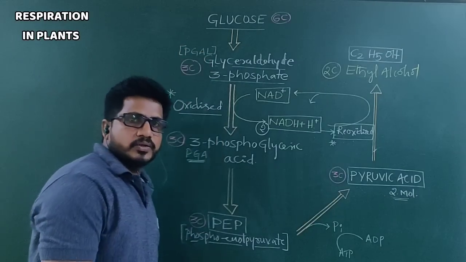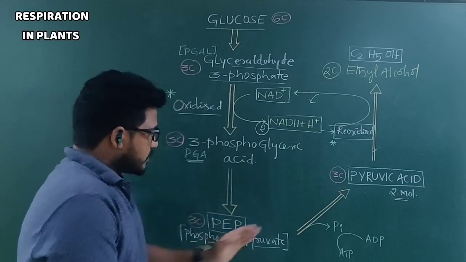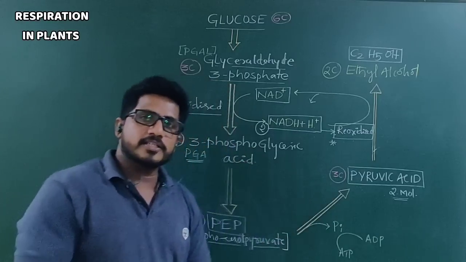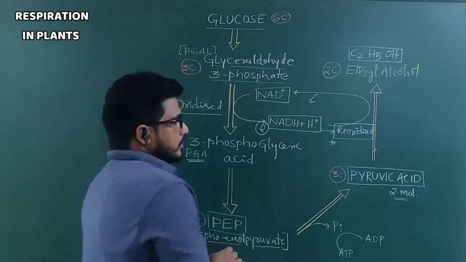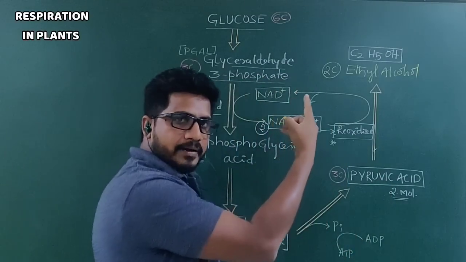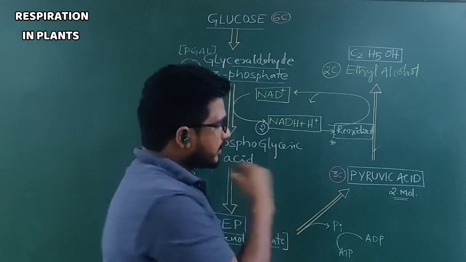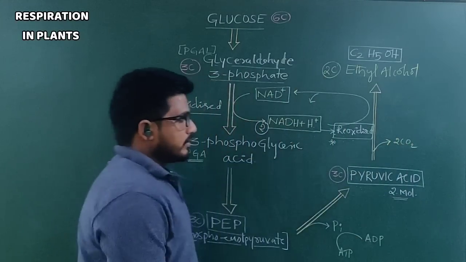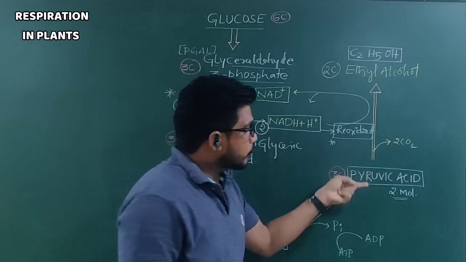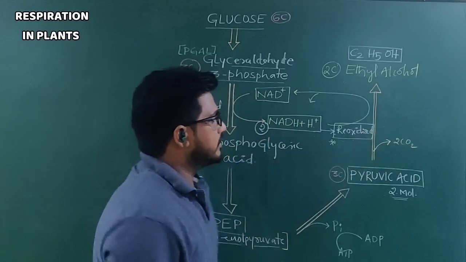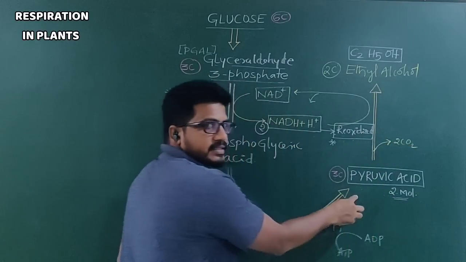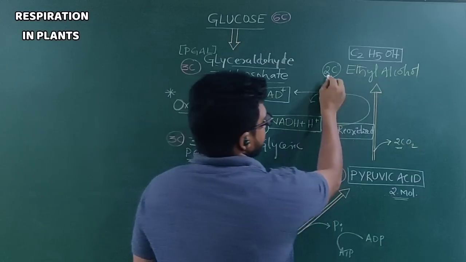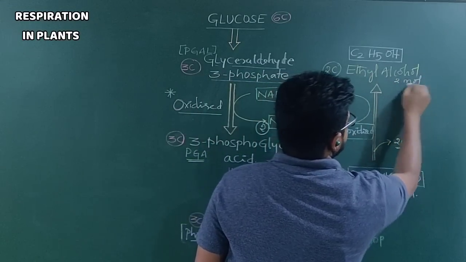You have understood all this, no need to tell you again and again. Once pyruvic acid is formed, that is 3 carbon component, 2 molecules will be formed by 1 glycolysis process, means by 1 glucose. This pyruvic acid becomes lactic acid by lactic dehydrogenase enzyme. But here 1 carbon dioxide is coming for 1 pyruvic acid. So 2 pyruvic acids, 2 carbon dioxides are coming. So 3 2s are 6, 6 minus 2, then 4. So ethyl alcohol is a 2 carbon component, 2 molecules are coming.